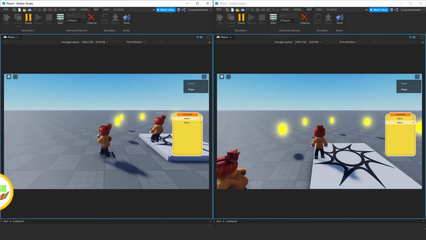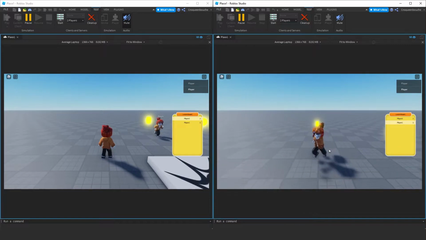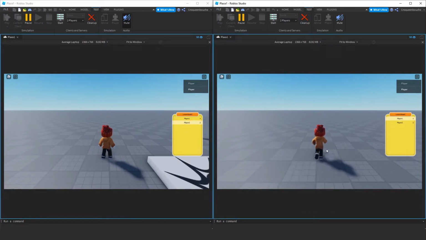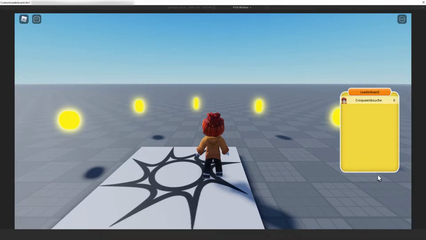In this video, I will show you how to create a custom leaderboard with script in Roblox Studio. You may ask, what is wrong with the Roblox Studio's default leaderboard? Well, it only includes text and it is not very eye-catching. With a custom leaderboard, we'll be able to use any background that we want, customize the font, and even add